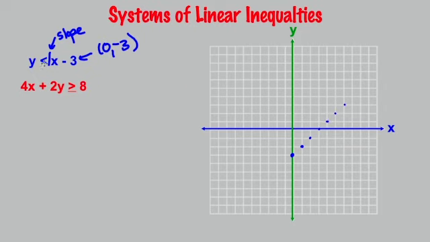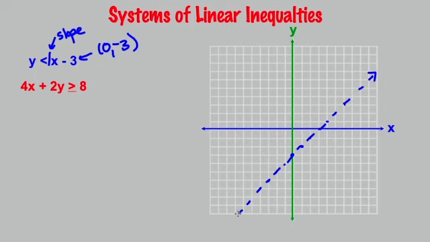Because it is going to be less than, that means I'm not going to draw a solid line here, but I'm going to draw a dotted line. So I'm going to go ahead and put a few more points in here. So I'm going to go dotted line, so it should look something like this. Here's your dotted line. And after we do our dotted line and put our arrows on the ends,